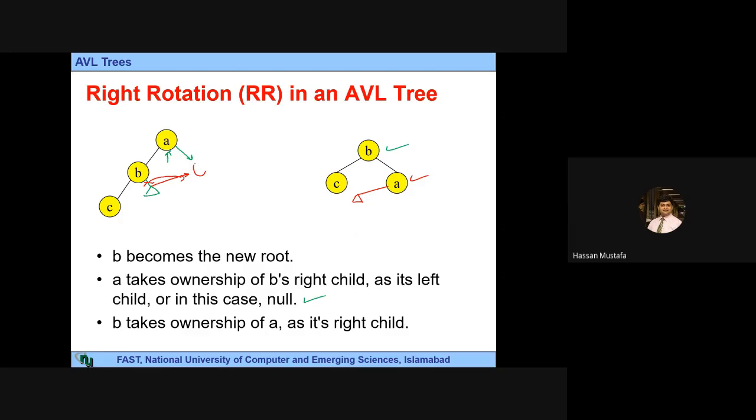But the hidden thing is that this B may also have some children. So if it has some children or a subtree here, that subtree would detach itself from the left side and go to the right side. And if I just see this value here, it is bigger than B. Remember,